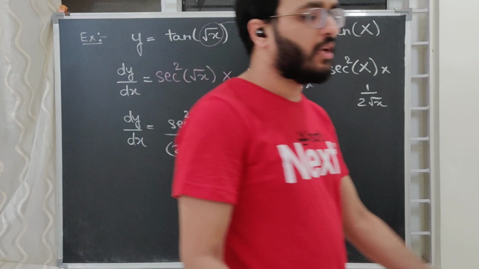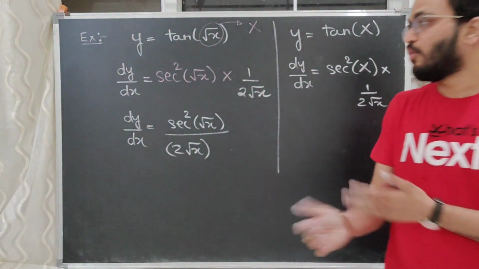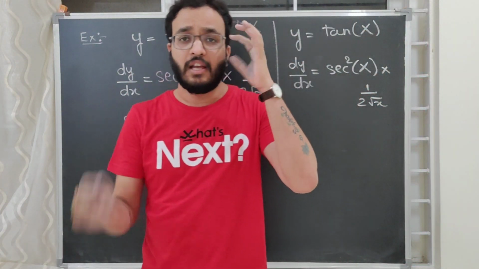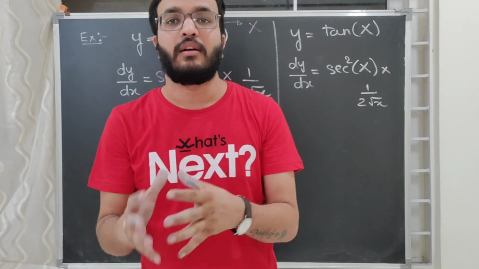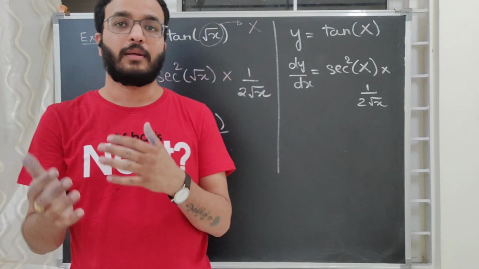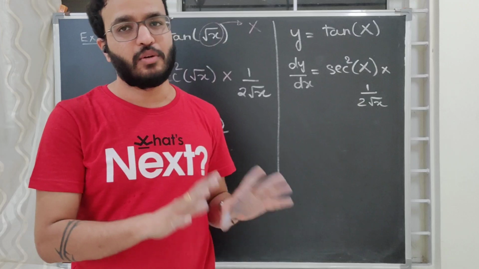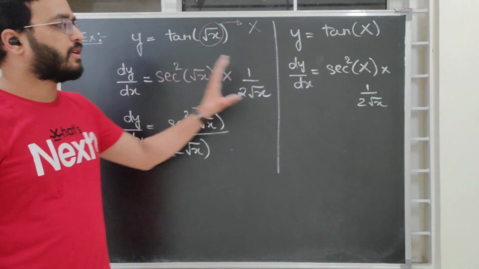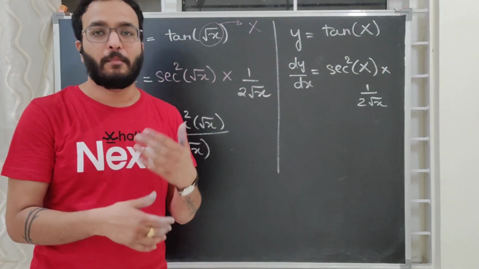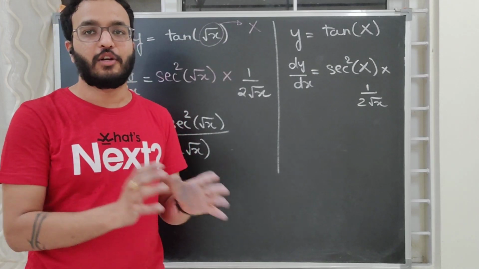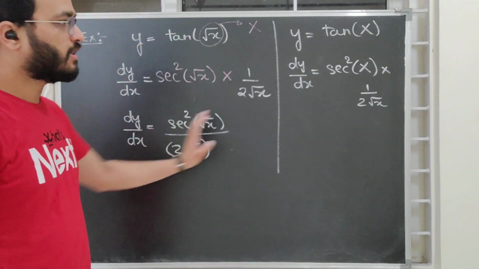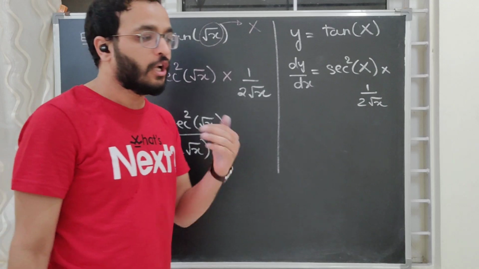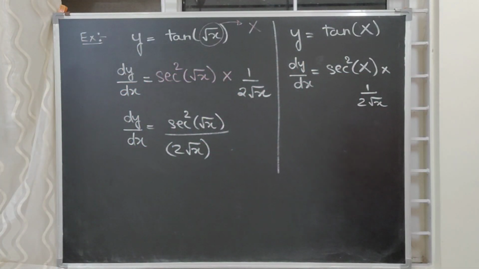Now this is the chain rule. I am not doing more questions on chain rule. The reason is that there are very simple concepts involved in physics, including chain rule. It is not that difficult, and very complex questions related to chain rule do not come in physics. So we can leave this here as it is, and let's move on to the real meaning of differentiation.